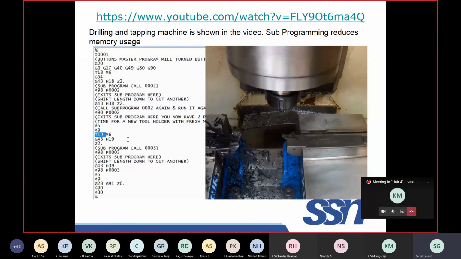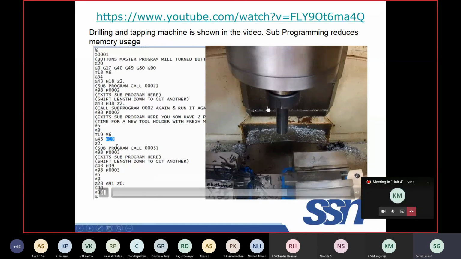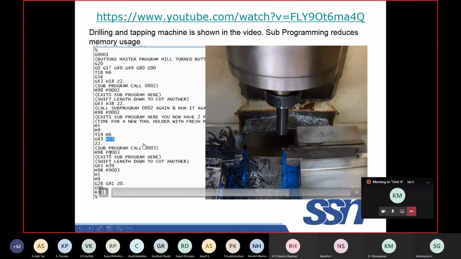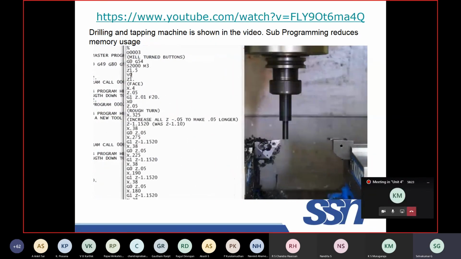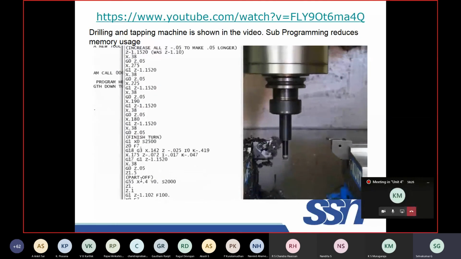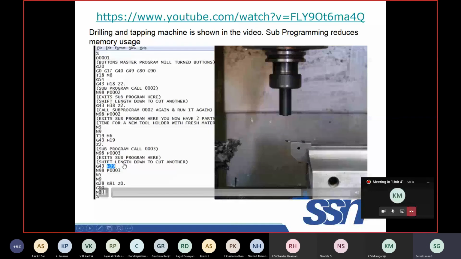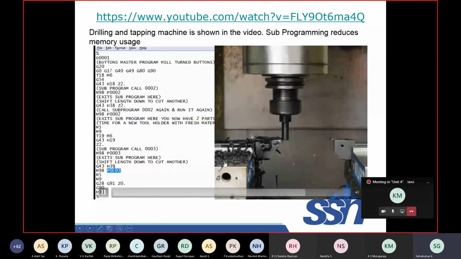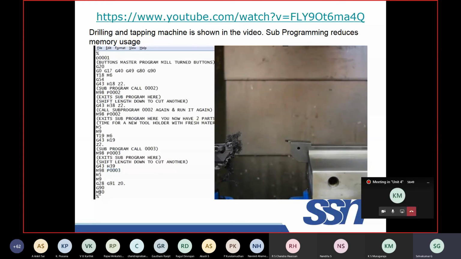Supposing I wanted to perform n number of operations, I have to repeat again. Instead of here, the workpiece is changed and again repeated: facing, rough turning, finish turning, parting off. Again you can run the same thing. So n number of jobs we can perform. This is the length adjustment, tool length adjustment; in this case, job length adjustment you can do. So continuously you can make the job. This is how we can execute the subprogram.